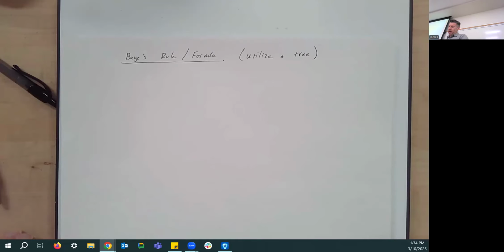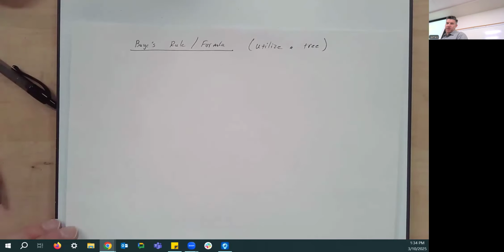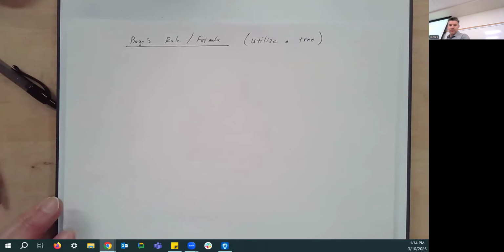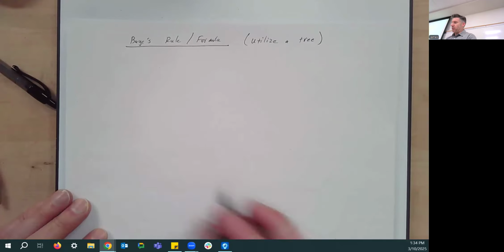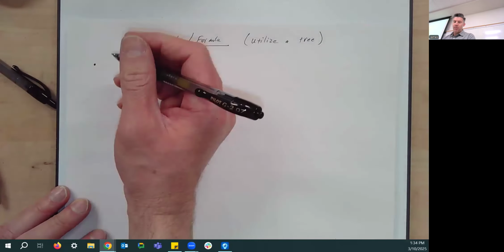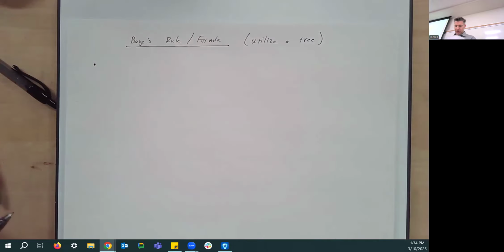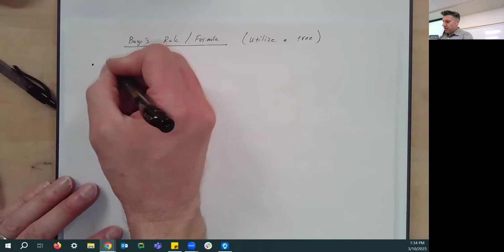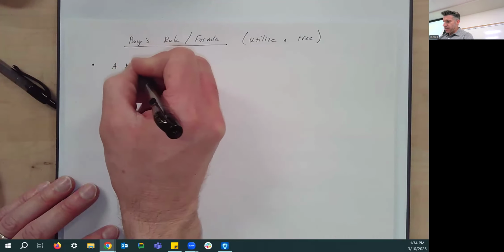So, oh yeah, the way he wrote the test question, I felt like was really super confusing. But here's the usual kind of setup for a problem like this. Let me make sure I'm in the right spot here. Yeah, we're good. Okay. So a blood test for a disease